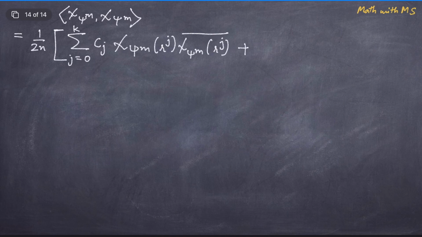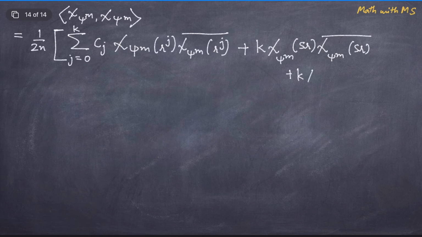Then there were two additional conjugacy classes, namely the conjugacy class of the element SR and the conjugacy class of the element SR square, and each of them has precisely k elements. So that is k times chi of psi m of SR into chi of psi m of SR bar plus k times chi of psi m of SR square into chi of psi m of SR square bar,